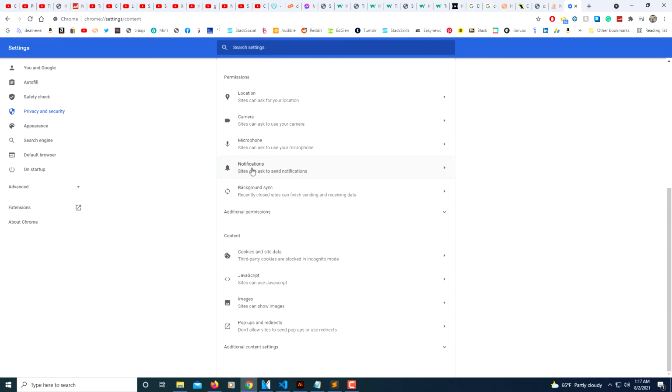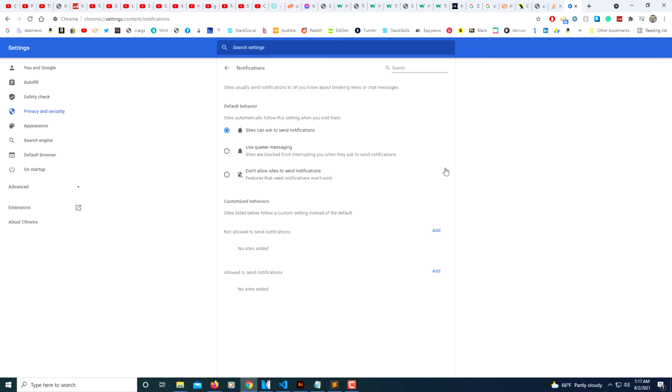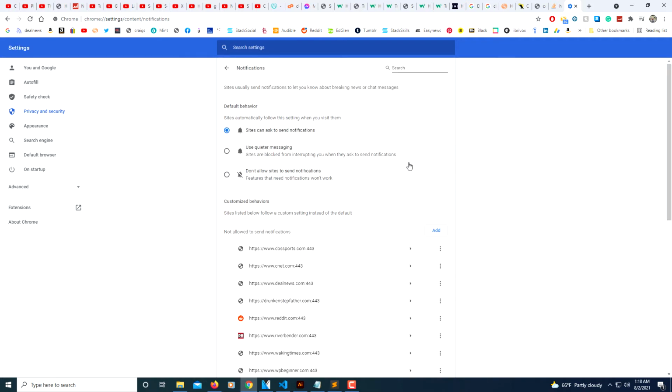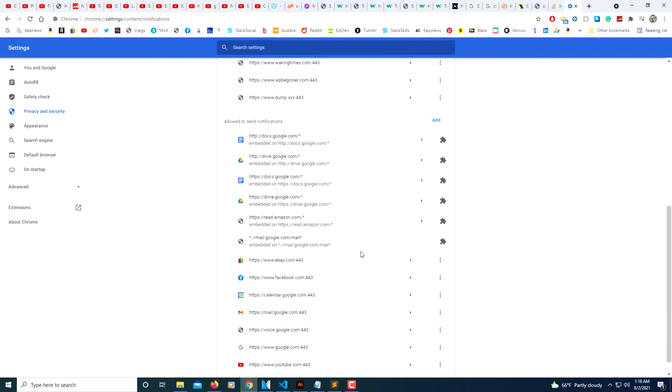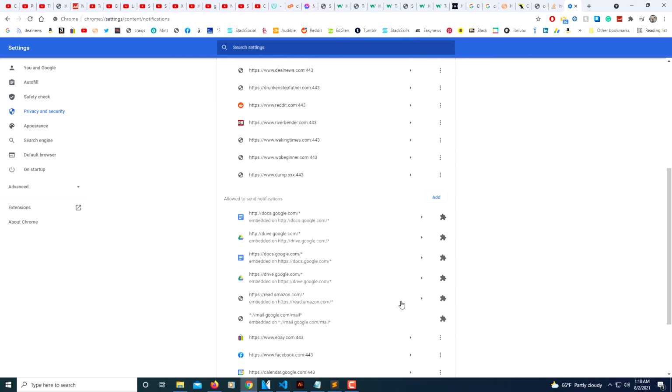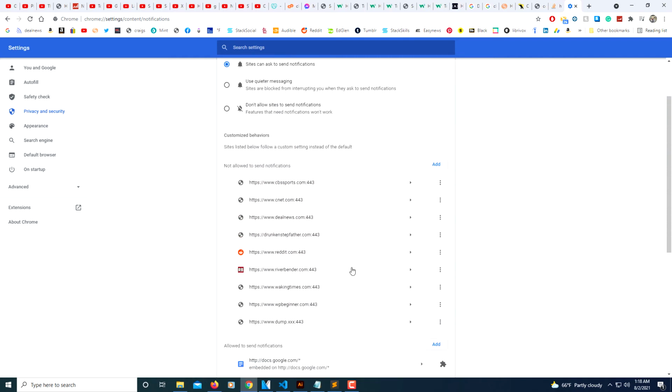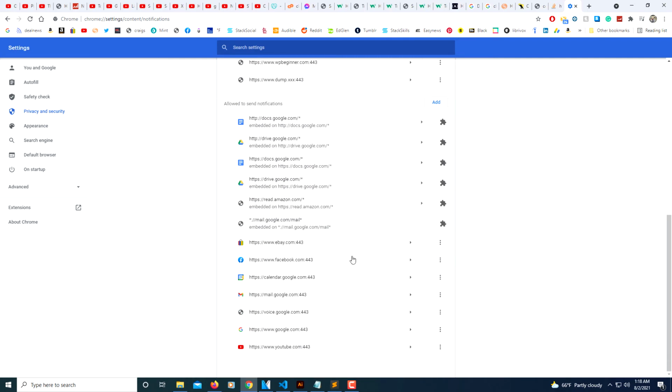Right here, Notifications. Go ahead and click the drop down arrow. And this down here will give you a list of websites that you have allowed or disallowed to send you notifications. To change that, you can go in and manually change each one by clicking on the little three dots